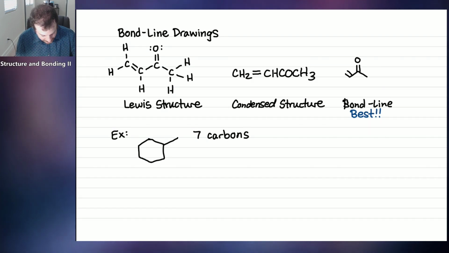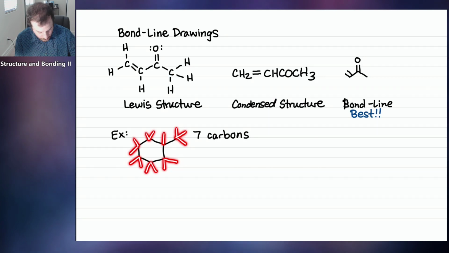So for example, let's take a look at this carbon here. This carbon is making two bonds, one bond to the right to a carbon and another bond to the left to another carbon. That means that this carbon, as drawn, is only making two bonds. But how many bonds does this carbon want to make? 4. All carbons want to make 4 bonds. So that means there are 2 hydrogens hiding here that aren't drawn in to make up the 4 total. So let's count the hydrogens. 1, 2, 3, 4, 5, 6, 7, 8, 9, 10, 11, 12, 13, 14 hydrogens.